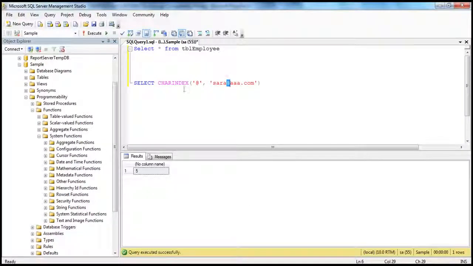Now let's say if you look at this email address sarah.com, what I want is only the domain part. Here the domain is aaa.com. I want just the domain part. How do I do that? I can use substring. Okay, so select, I can say substring